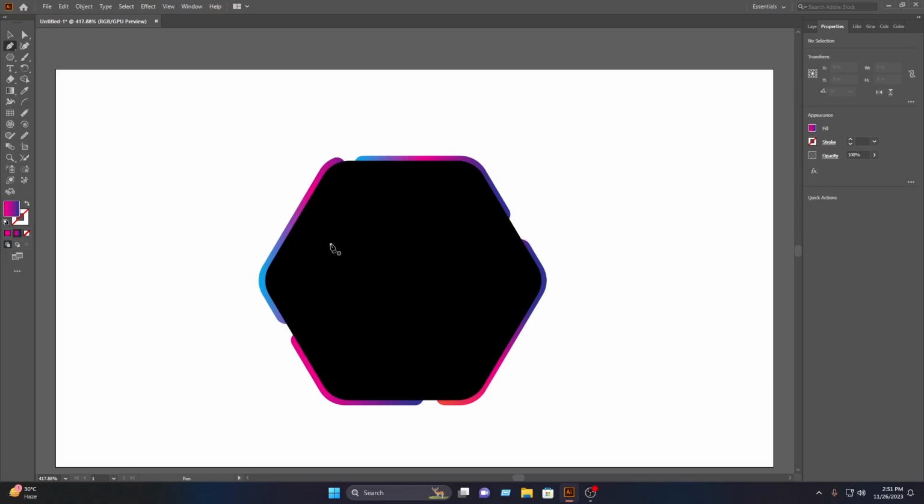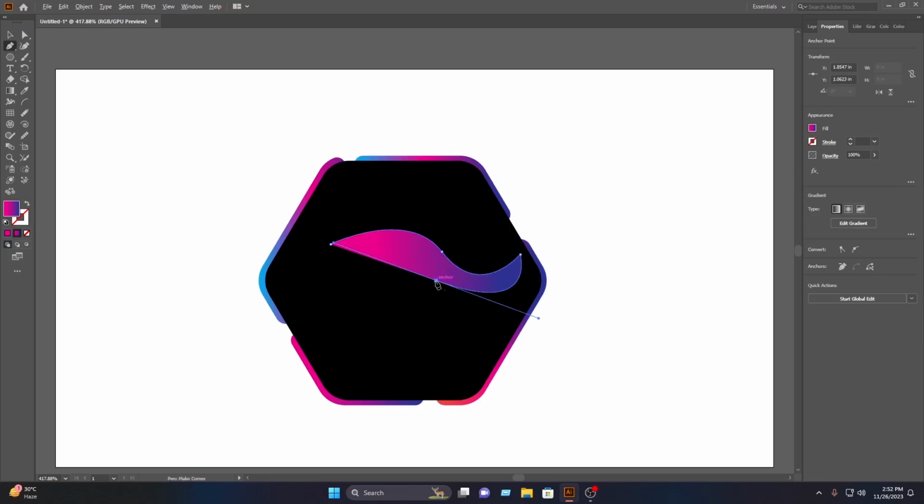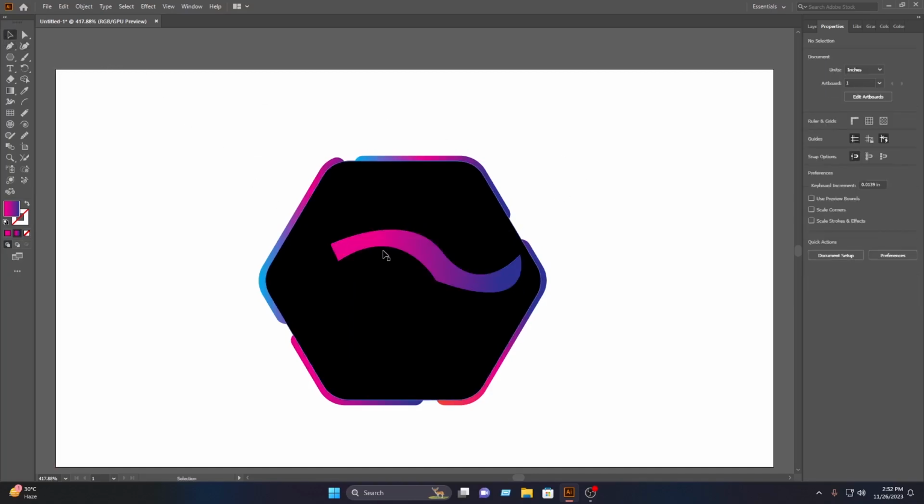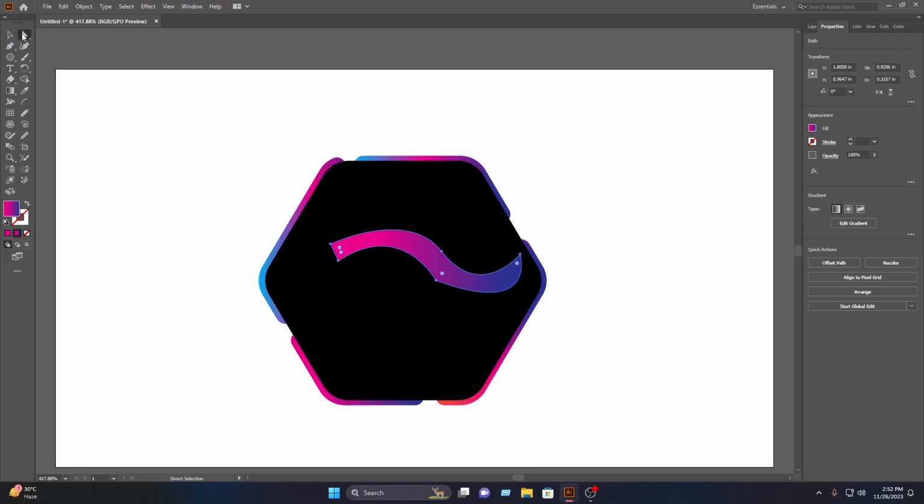After that you have to click on here, then you have to click on here and draw a curve, then you have to click on here and draw a curve again, then press and hold Alt key, then click on the anchor point, then you have to click on here and draw a curve again, then press and hold Alt key, then click on the anchor point, then you have to click on here and draw a curve again, then press and hold Alt key, then click on the anchor point again, then click on here, then select the move tool, then you have to select this, then select the direct selection tool, then select this and drag this in here,